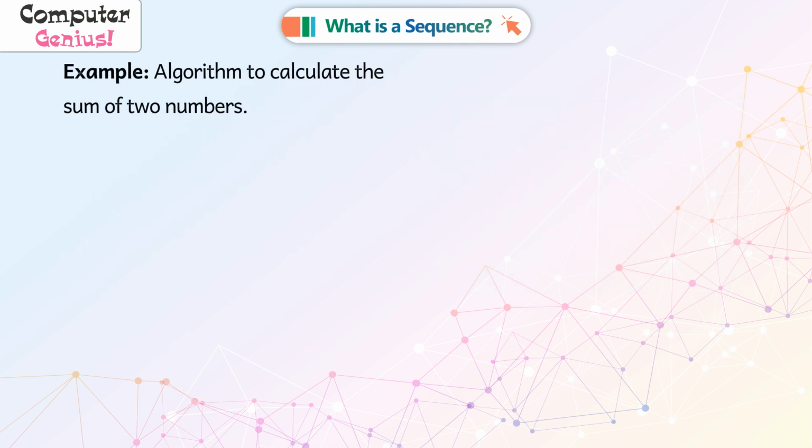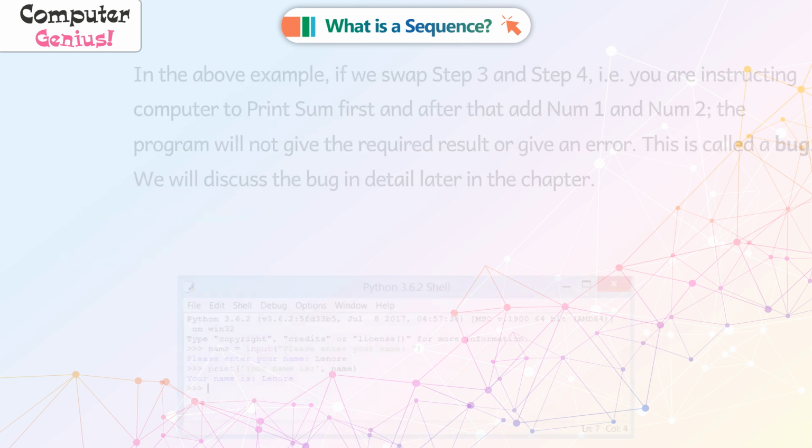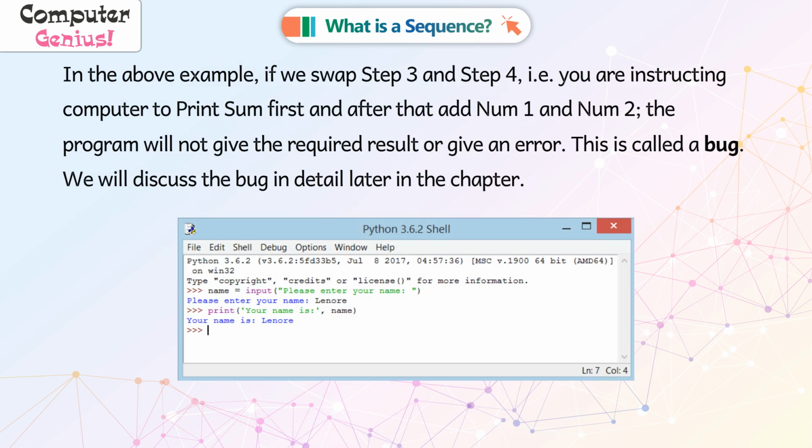Example: algorithm to calculate the sum of two numbers. Step 1. Input first number, num1. Step 2. Input second number, num2. Step 3. Sum equals num1 plus num2. Step 4. Print sum. In the above example, if we swap step 3 and step 4, that is, if you